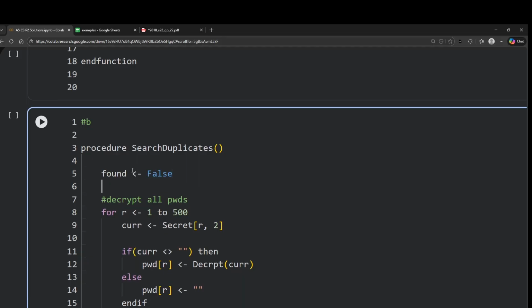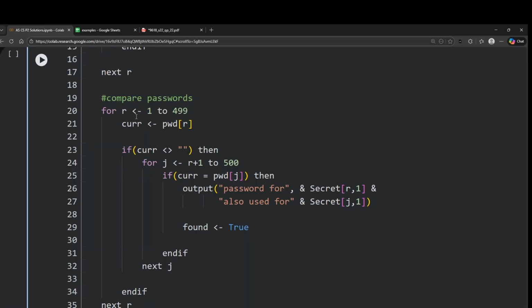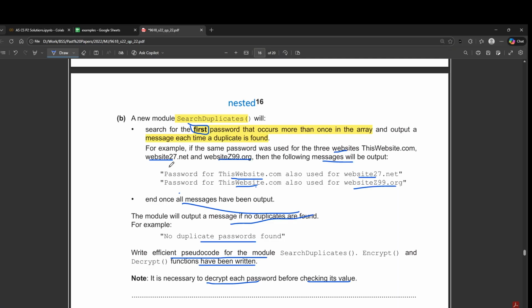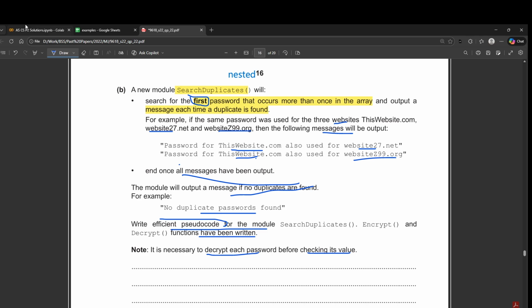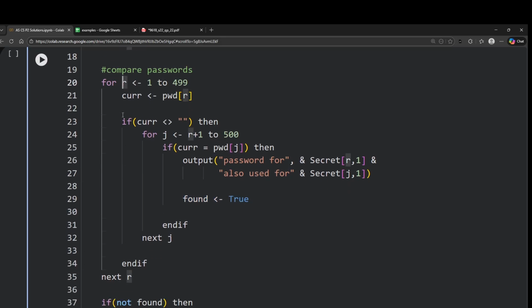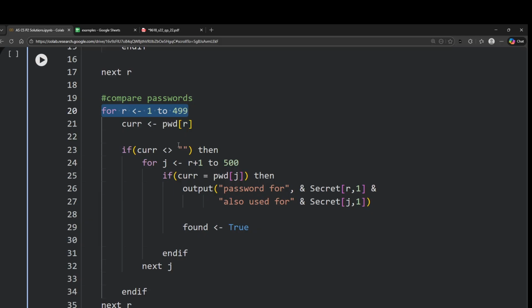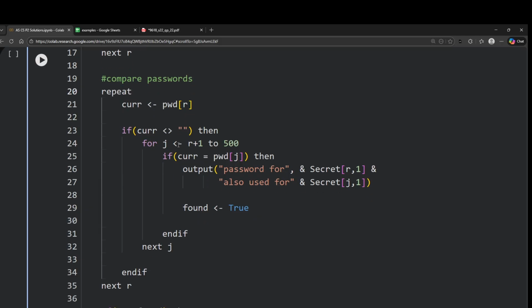and we have to do all the declarations as well. So if we go back to the question here, it says that only the first password that has been duplicated. Okay, so in this case it will go through the whole 2D array even if there are multiple duplicates, but the question specifically mentioned that it has to be efficient pseudocode. So what we have to do is we simply have to stop searching as soon as we find a duplicate value, and the best way to do that would be to just simply use a while loop or any repeat